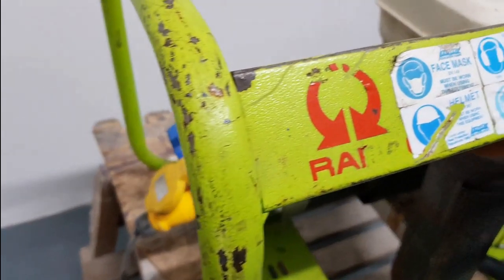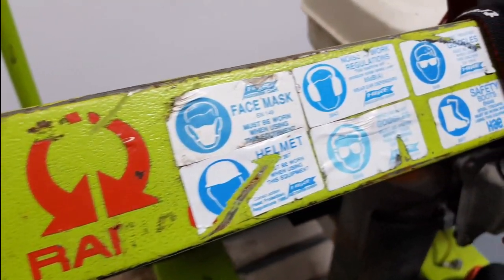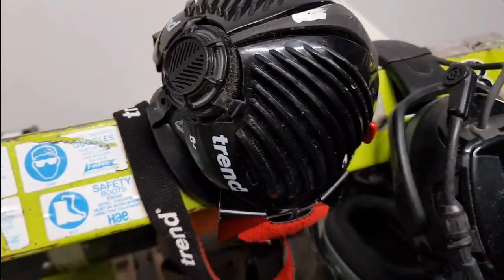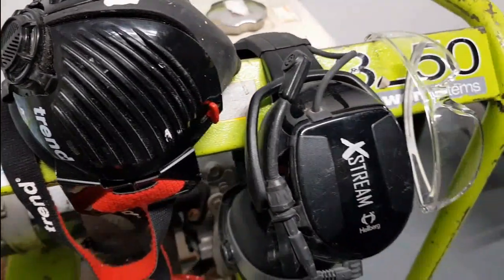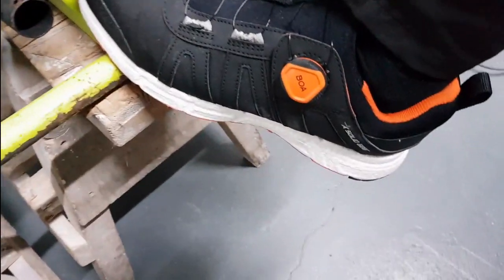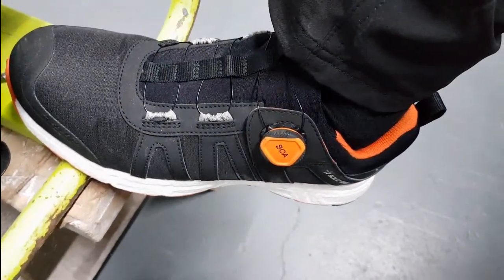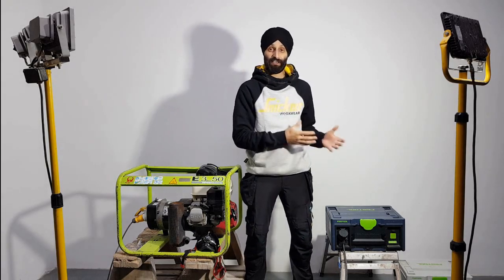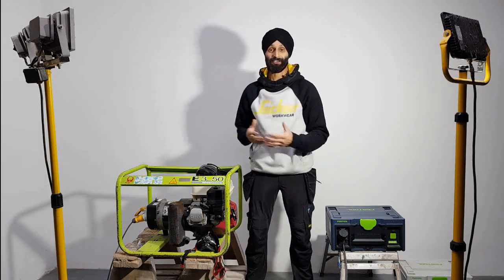Also, with a generator, it requires a lot of PPE, from a face mask, ear defenders, goggles, and safety boots. I think it's safe to say that there's more than 6 reasons to have Festool SYS PowerStation as opposed to